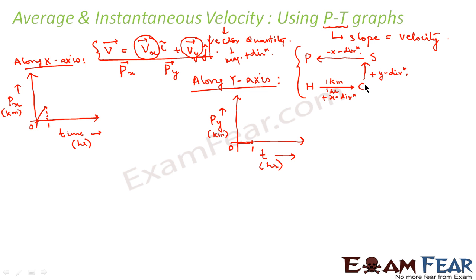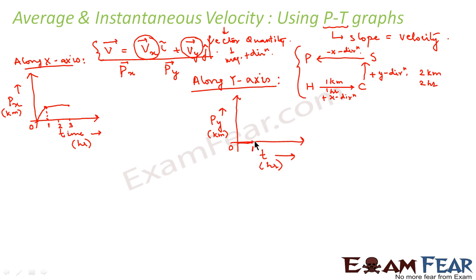Fine. Now let us look at the second case, where he is moving from the church to the school. When he is moving from church to school, there is motion along the positive y direction and there is no motion along the x-axis. That means for the x component, this will be constant. It reached till this point, then it will become constant. Constant for how much time? In this case, he travelled 2 kilometers in 2 hours. That means this will be constant for 2 hours. So let us say it is constant till this point.